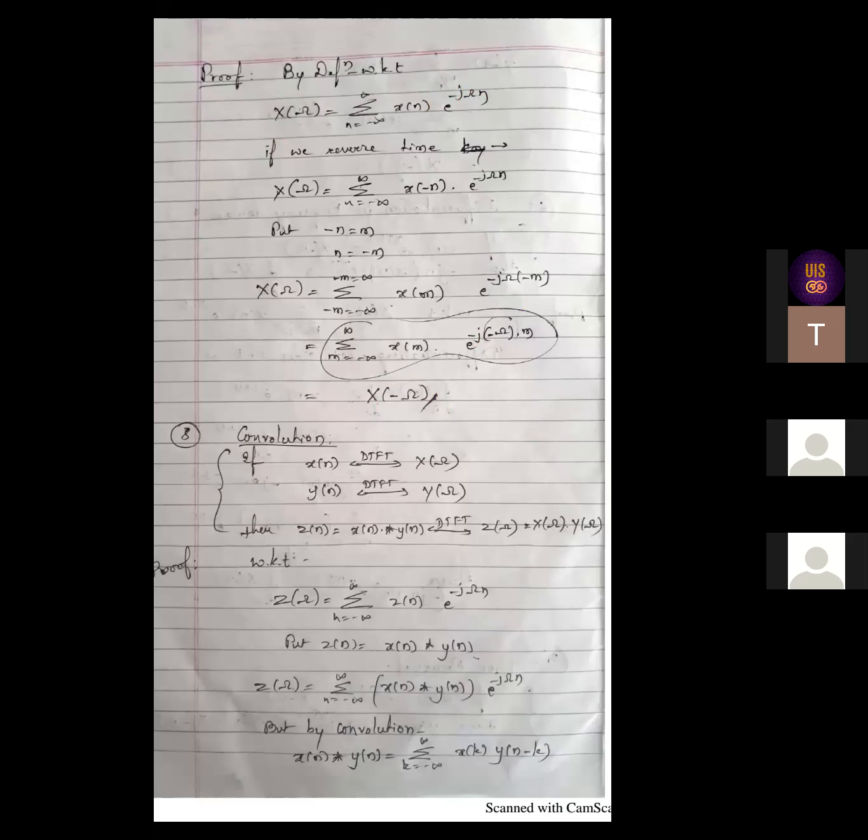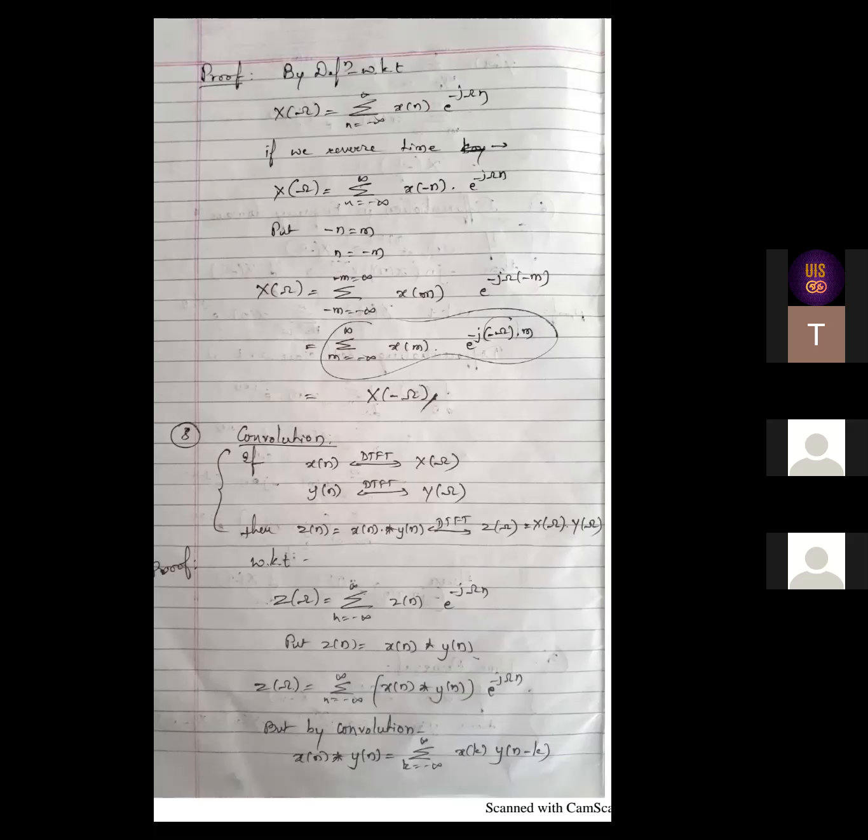If you just remember, in the Z transform, convolution in the time domain, you have already seen how to do this convolution by the graphical method. You have already learned that. But it's a tedious job. Doing convolution in the time domain is a tedious job. That's why, if you remember, even in the Z transform, this property says that if in the time domain we have convolution, in the frequency domain it becomes multiplication. So your calculations will become simpler.